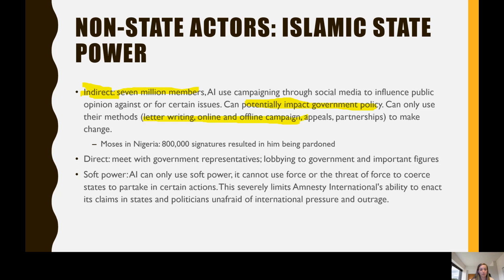So that's when hundreds of thousands of people will write a letter to the government to beg for changes. And we saw this with Moses in Nigeria. Over 800,000 signatures were written for their petition to get Moses released, and he was. Those of you that aren't familiar with this example,